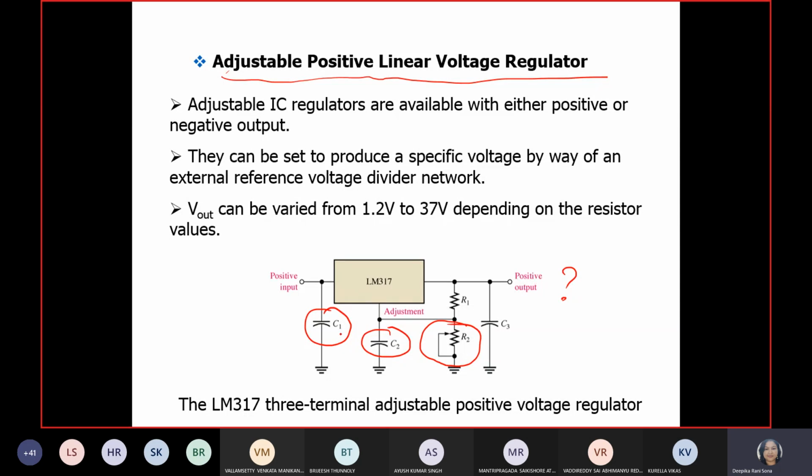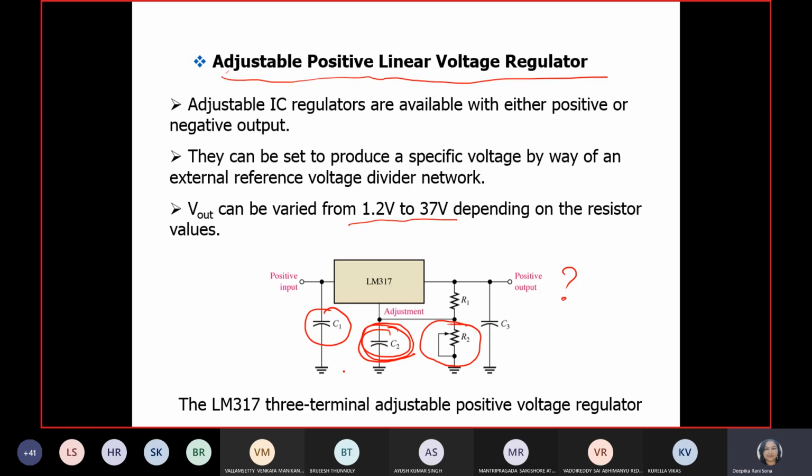Okay, you know the presence of the capacitor, what it will do, how it will help to control the charging of the output voltage from the op-amp or IC port. That's why we have used it, to provide a filter or smoothing part. Okay, and this variable resistor is important here to design an adjustable voltage regulator. So that's why it has been written that the range provided by this adjustable voltage regulator is from 1.2 volt to 37 volt. Okay, and it depends upon what type of resistor value you are using for the design purpose.